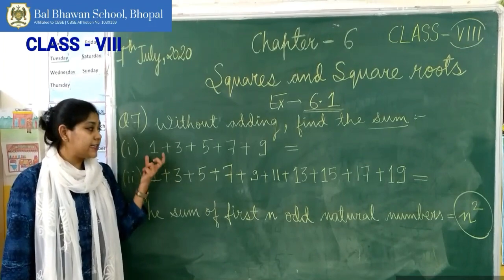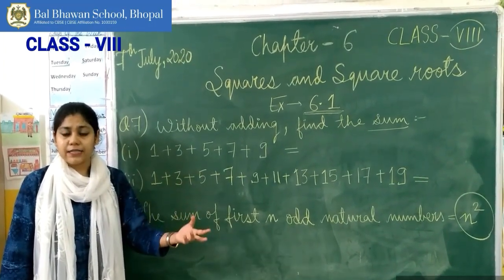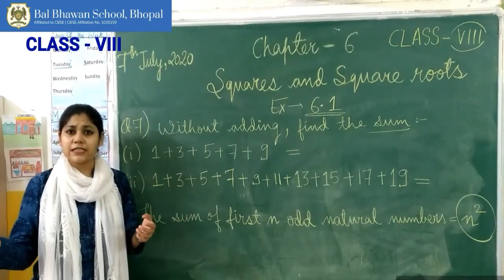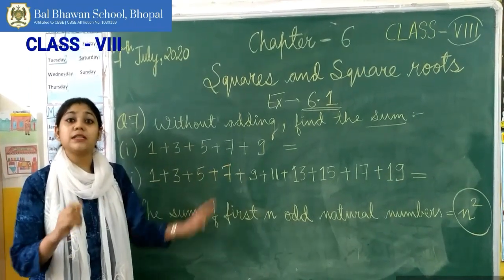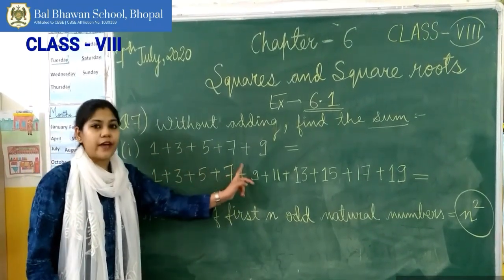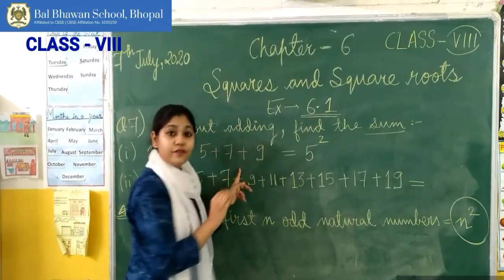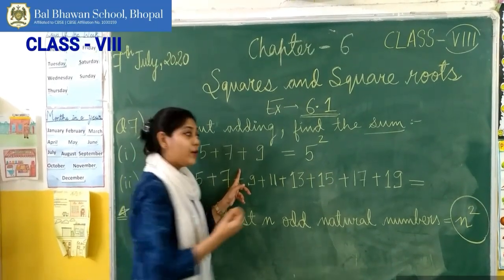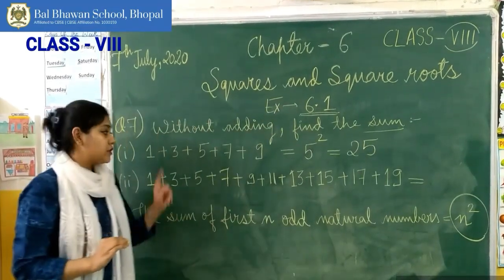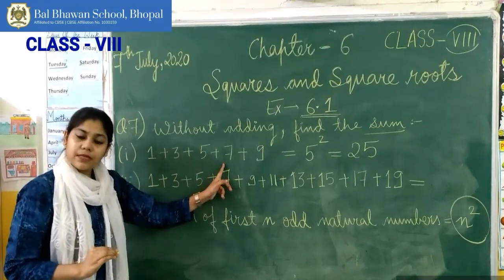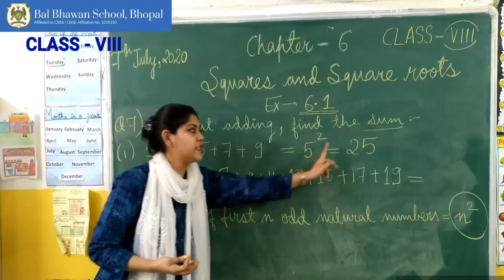Now if I need to find the sum of all these odd numbers, I really don't need to calculate it by writing it in a notebook or on fingers. You don't need to do so. You just have to count the number of consecutive odd numbers from 1 you have taken. So I have taken 5 odd numbers over here, so I will simply find the square of 5. Okay. Now what is the square of 5? Square of 5 is 25. So 5 consecutive odd numbers are there, starting from 1. So I have found the square of 5, which is 25.